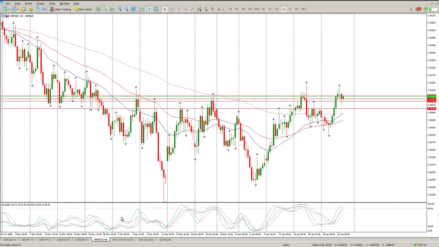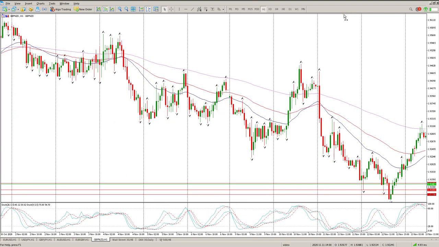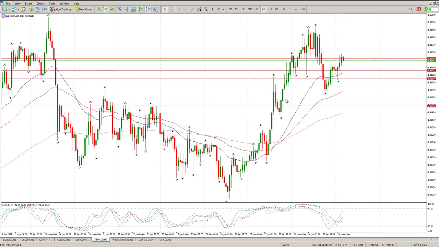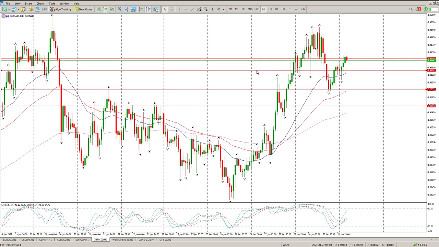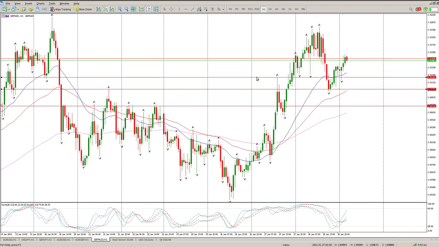Last pair is British pound, New Zealand dollar. We're still waiting for this break. I do believe it's going to happen, although the last 8 hours have been a little bit all over the place. And if we look at the 1 hour, you can see we've come back, kind of missed this level. So let's just readjust that level. There's the swing high. That's where we bought off. So start lining up your levels again, and